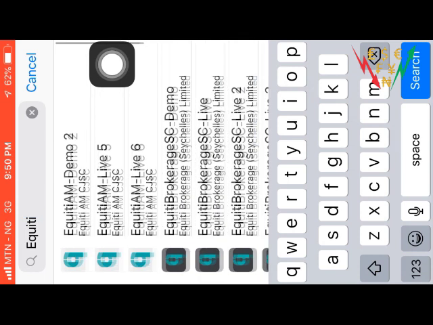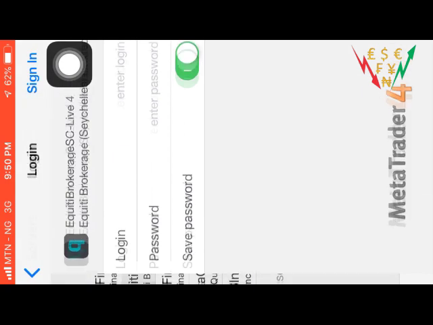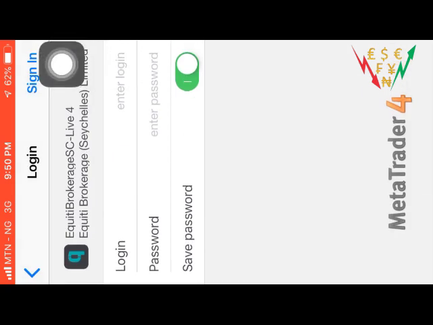Equity SC. Right now you have a whole lot of Equity. Yeah, you have Equity Securities Demo, Equity Securities Live 3 server, but the broker will actually specify the particular one you would use. So right here you can see a whole lot of ones. You're choosing the one that is relative to your country, depending on the country you register from. Because I am trading from Nigeria and I reside in Nigeria, this is the exact one I use,